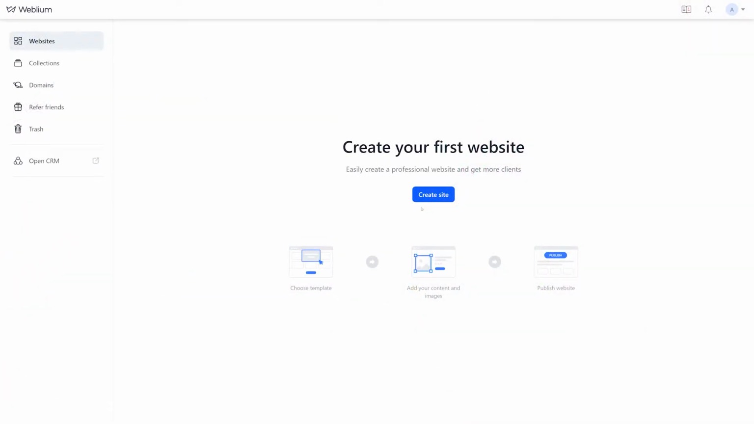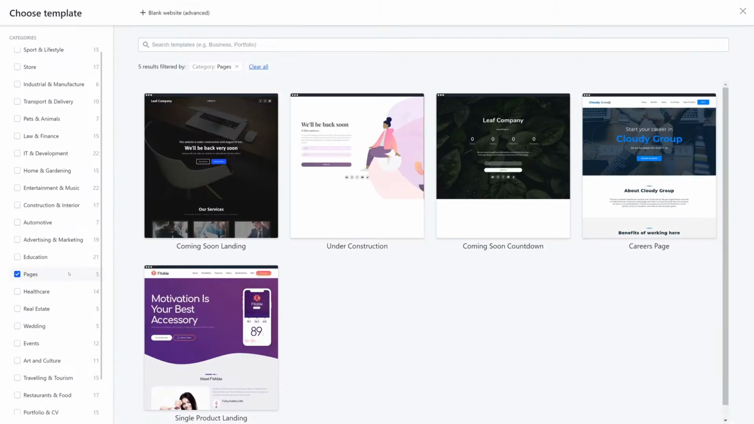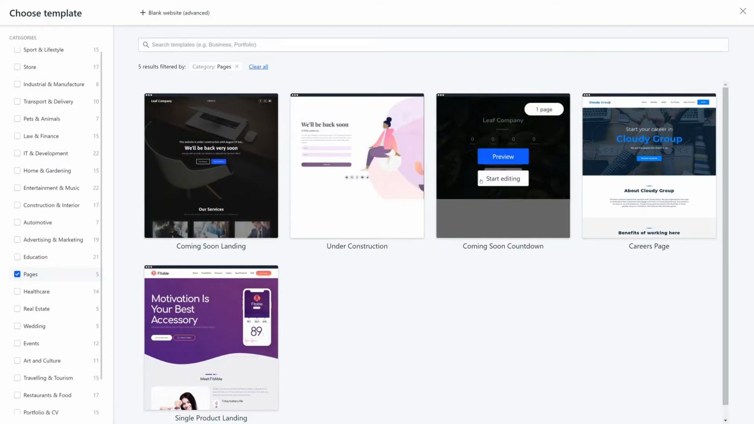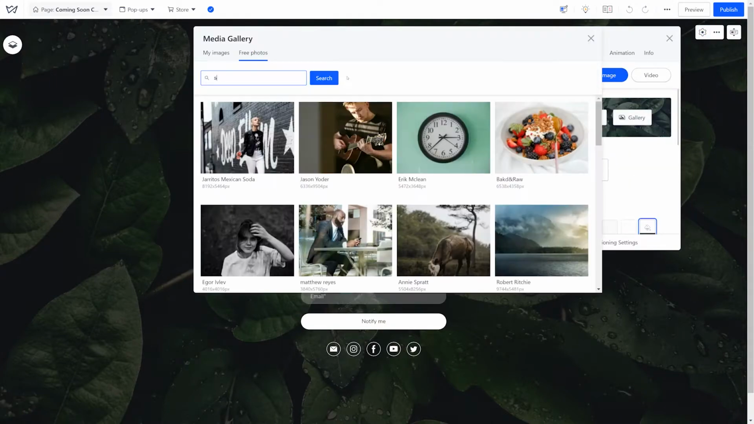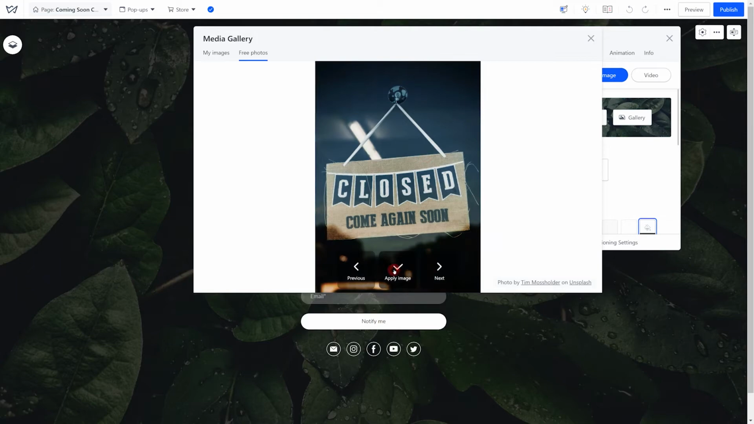If you're just starting with your website, you can pick a ready-made template for the coming soon page. For that, enter your account, click on Create Site, and tick the Pages section of the template library. You'll see options, pick one that looks best to you. Now add your images and content, for example, let your visitors know the ETA for the website or offer an